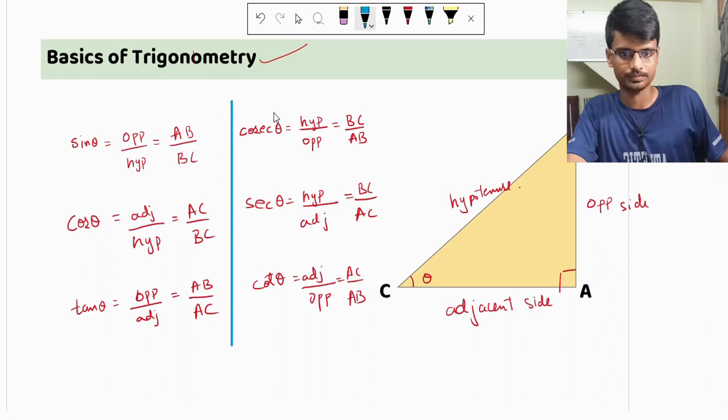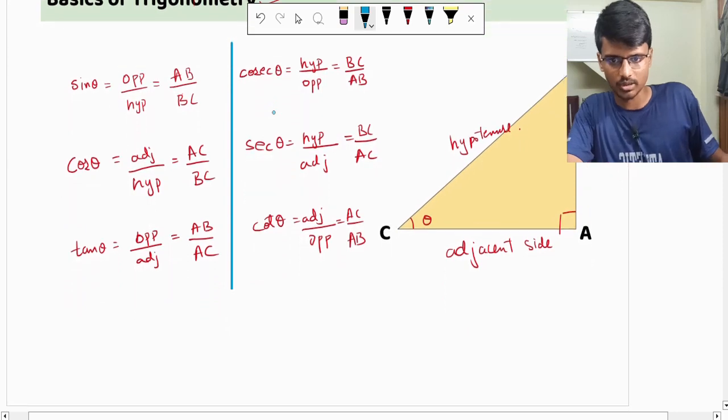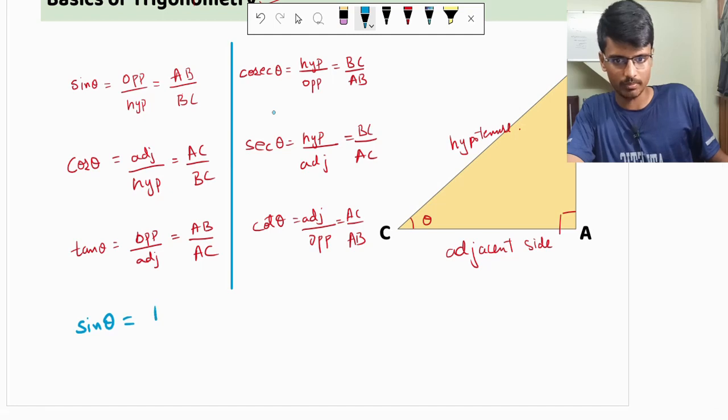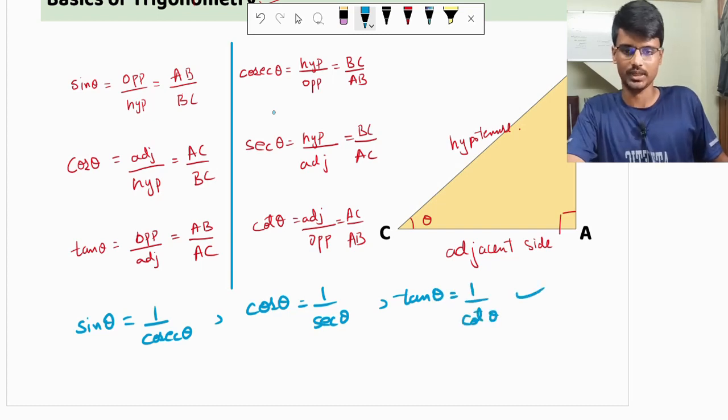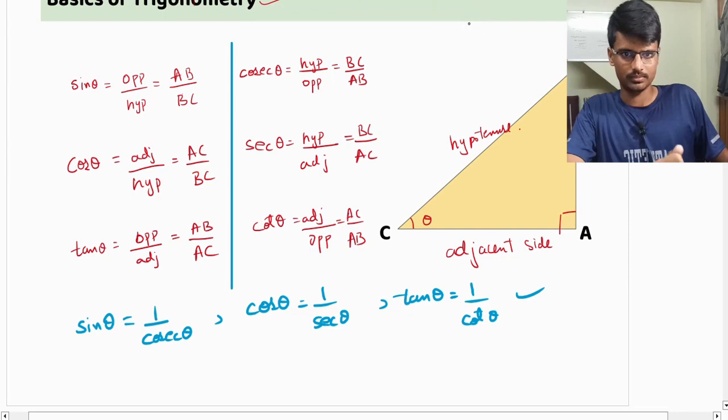There are some interesting things I would like to discuss between sine and cosec. Sine theta is equal to 1 by cosec theta. This is a standard relation that you need to remember. Cos theta is equal to 1 by sec theta, and tan theta is equal to 1 by cot theta. These are some important relations that you need to remember. Moving on,